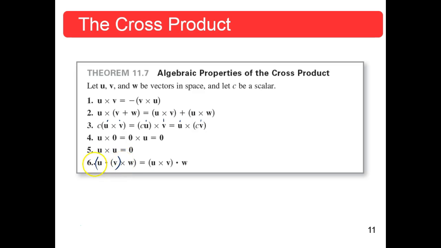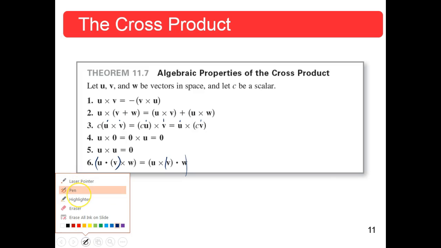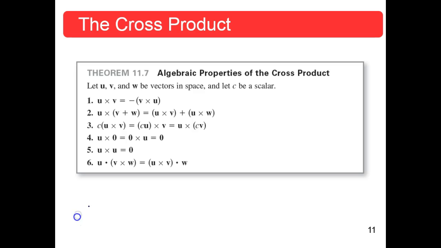It won't work, because this is U dot V, and U dot V is a scalar. You can't cross a scalar with a vector. Same thing here. You can't change the order here, or you get the same thing. So you have to keep the multiplicative element the right one, okay? And